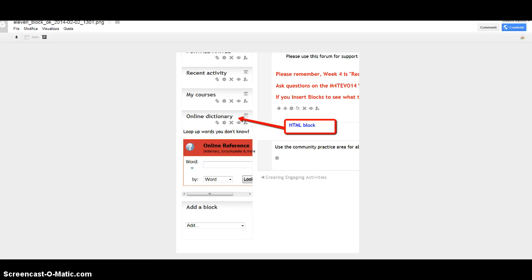Another use could be, for example, inserting a picture and then making the picture clickable, if you want the students to go to another area of your course, for example, and link the block to another area of